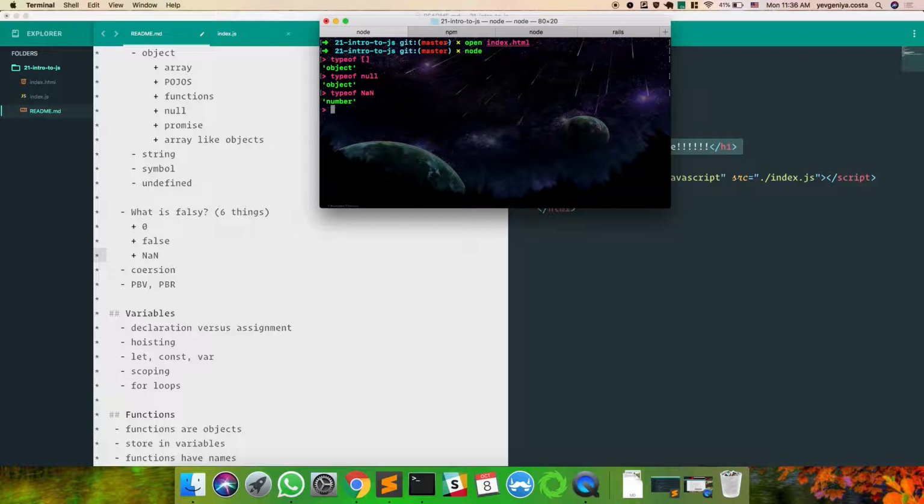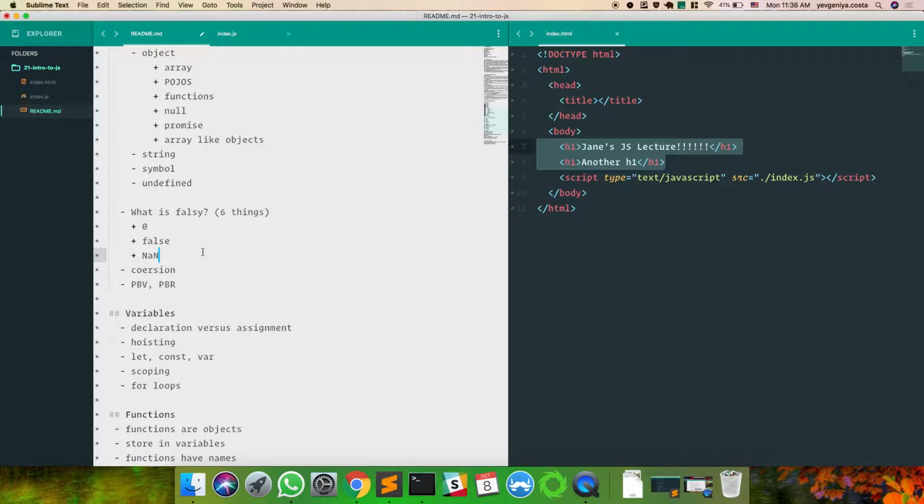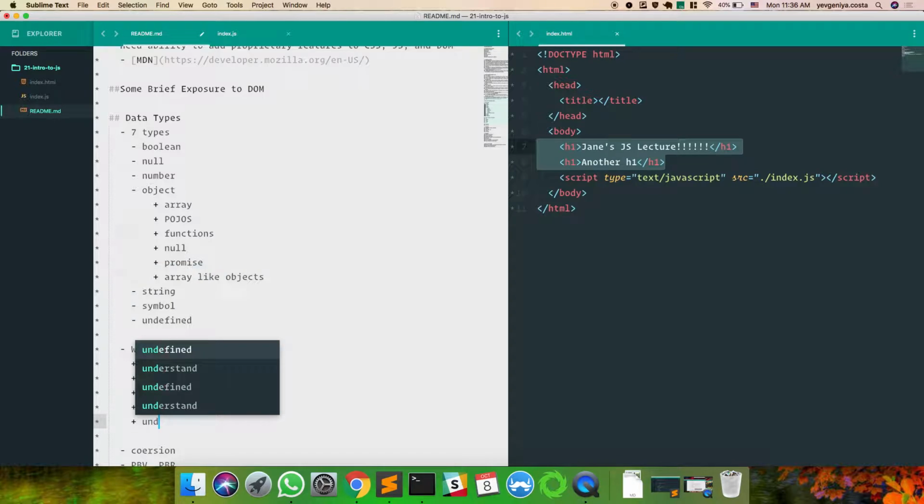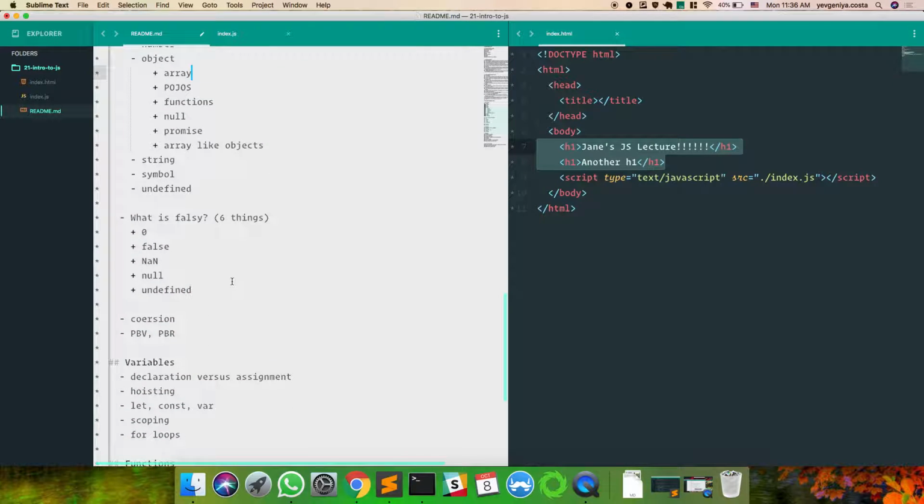What else? We got 3 of them. That means we only got half of them. Empty string. Yes. So look up here, some of these are obvious. What else? There's another one up here that we talked about. Undefined. There's one more.